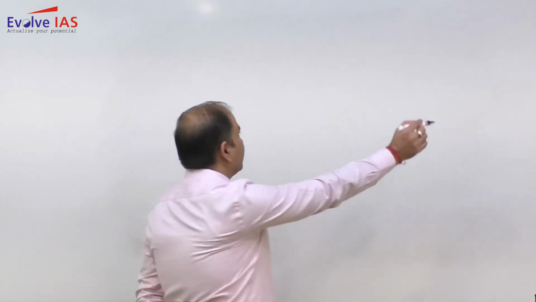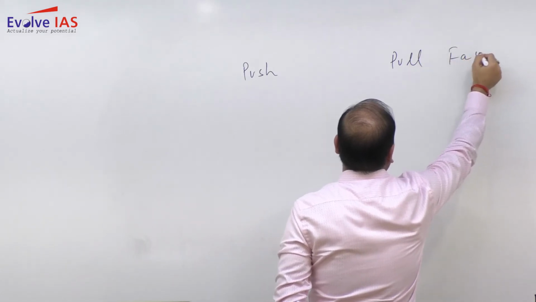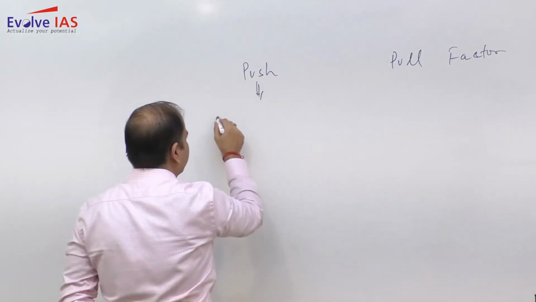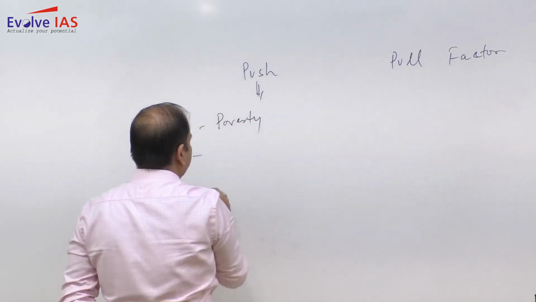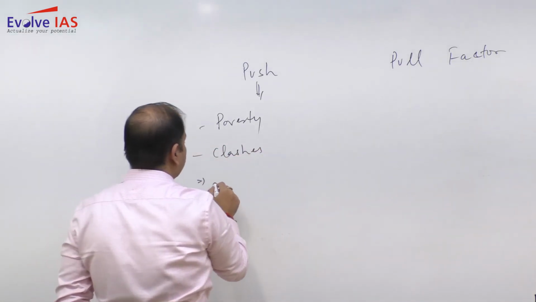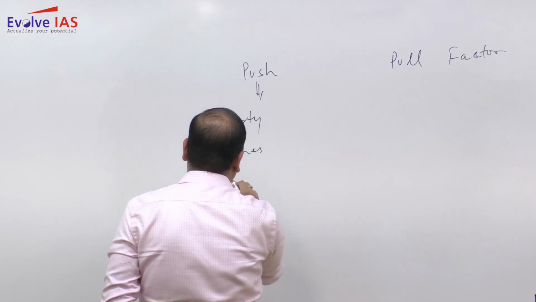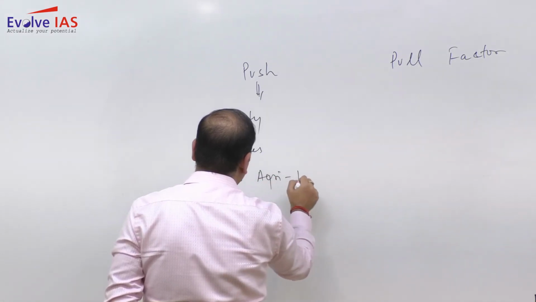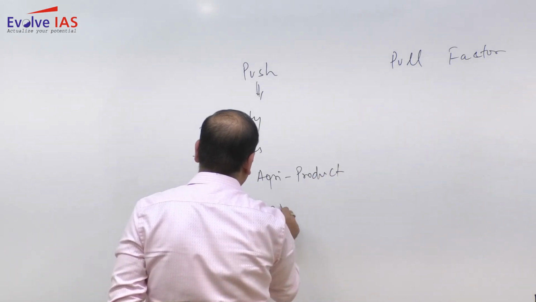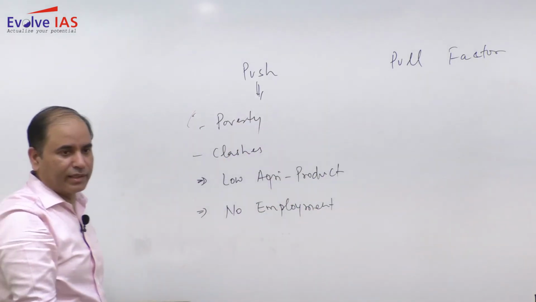So migration is caused by push factors and pull factors. So push factors are simply those which force people to move out from that area. So it can be poverty, it can be some of the social classes, and in case of India, low agricultural productivity, no employment opportunity. So all the things that are pushing a person to move out from that area,